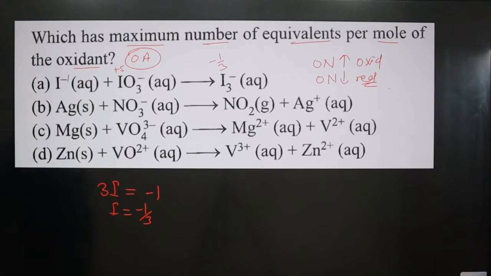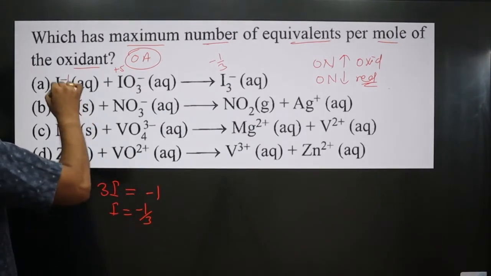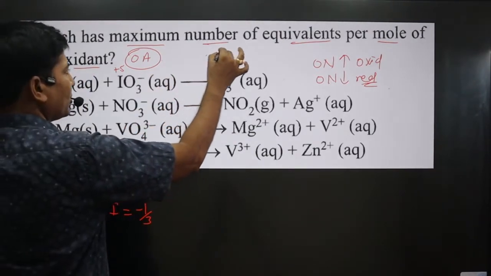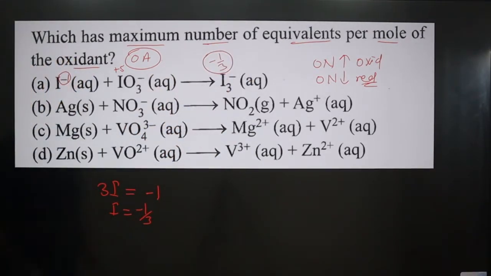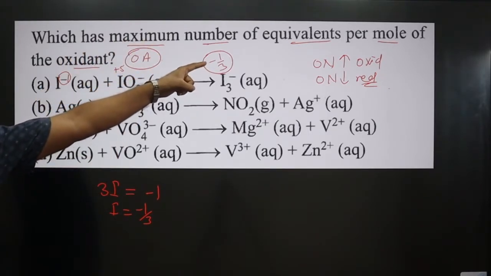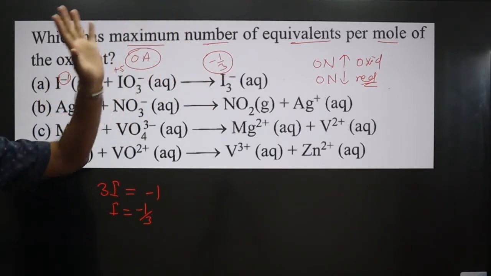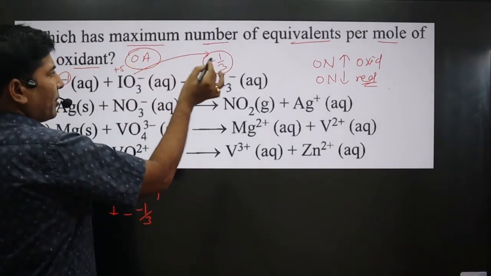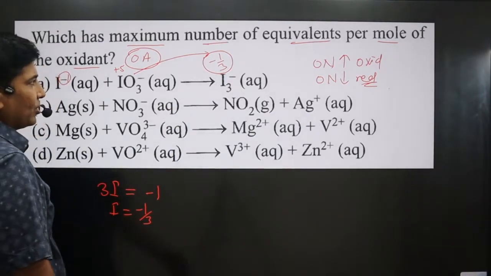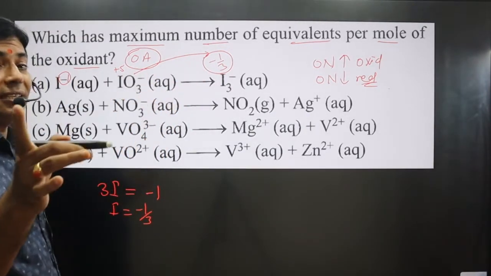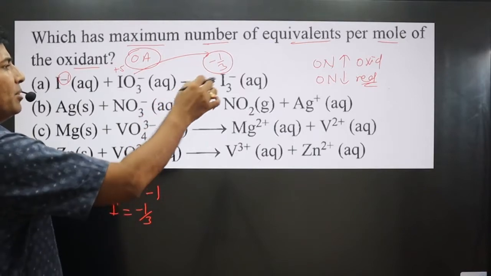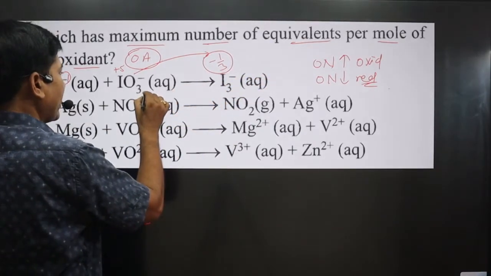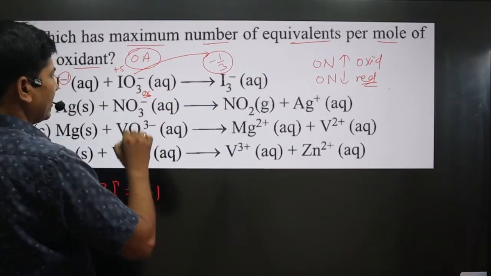So you can see the other side iodine is present in minus 1 by 3 oxidation number. It can be a fractional value also. Now you can compare: we have minus 1 and minus 1 by 3, so there is an increase in oxidation number, and an increase in oxidation number is always an oxidation reaction. In this case, plus 5 on one side and minus 1 by 3 on the other is a decrease in oxidation number. A decrease in oxidation number is always a reduction reaction, hence it is acting as an oxidant.